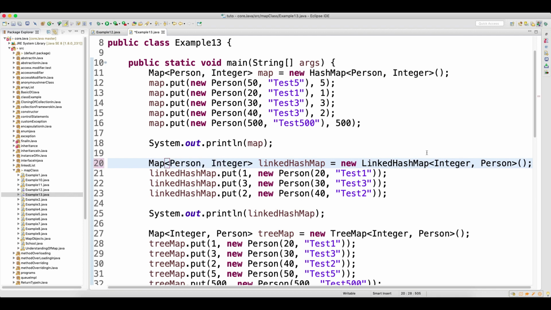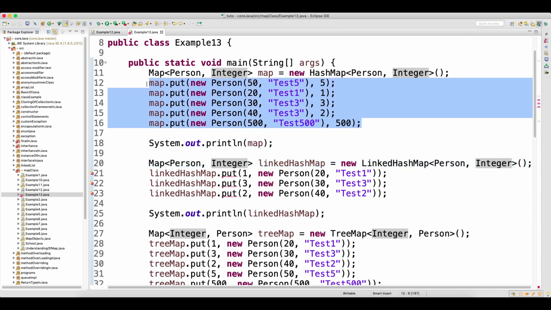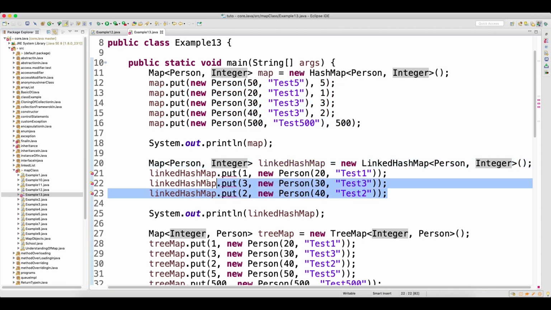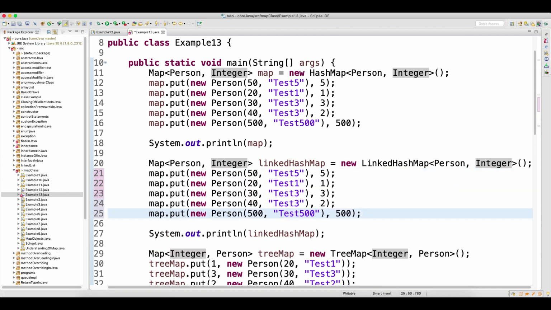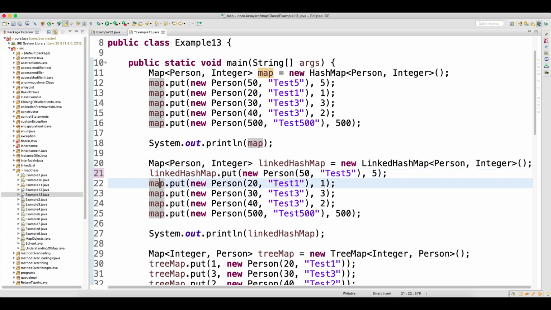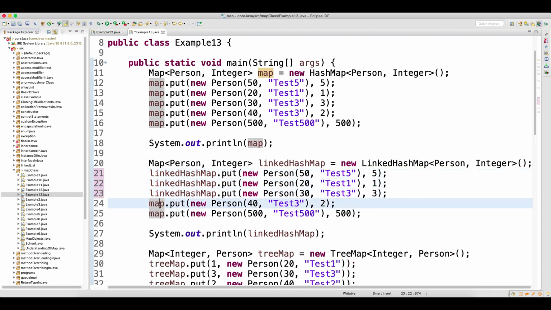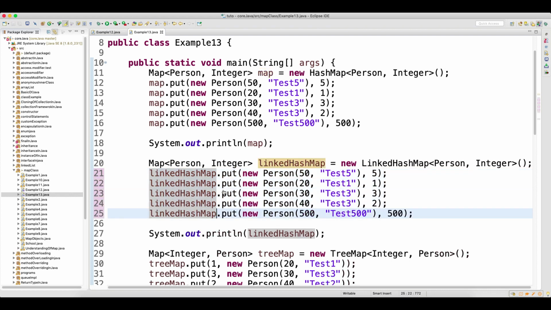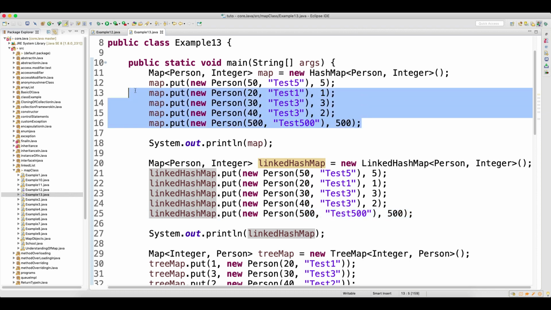The type of data it is taking, we will go and change it, because I would like to show you one difference here. What happens when your key is a custom object? So copy the entire thing, paste it here, and just change the reference map to linked hash map.